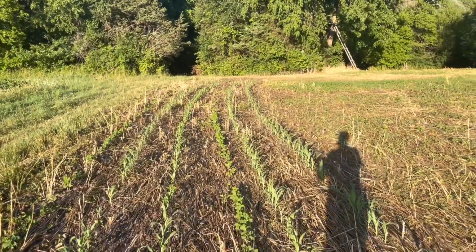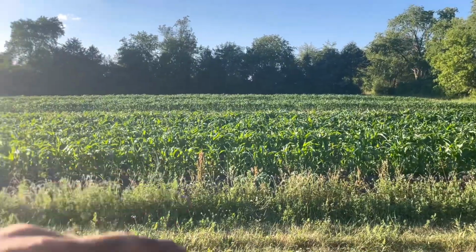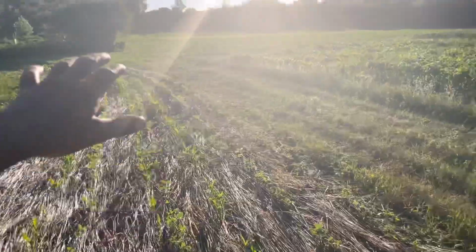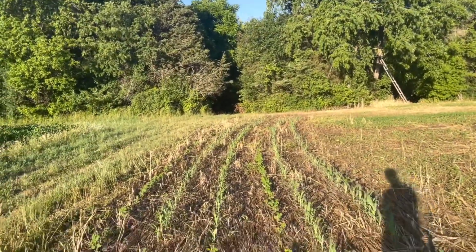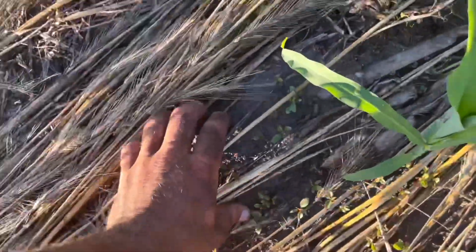It doesn't really matter if this corn produces anything, because I got all this better corn right here. This is the 1 acre field, and I got a lot of corn down there. This corn right here is mainly just for screening and just to try something new. No-till drilling through this rye. But this ground here,